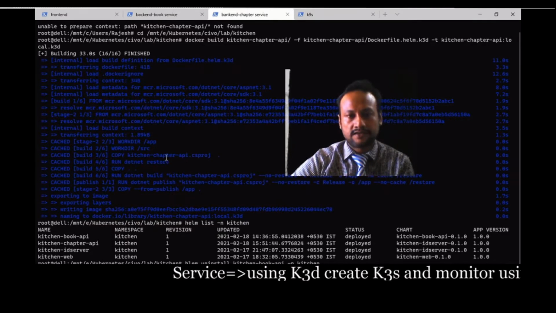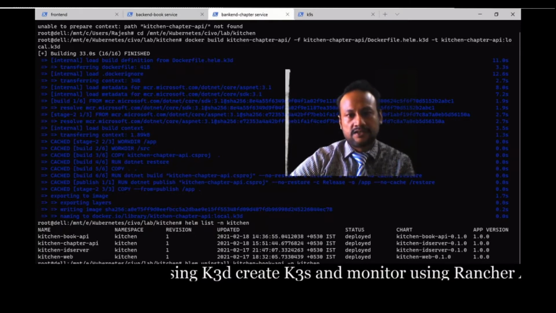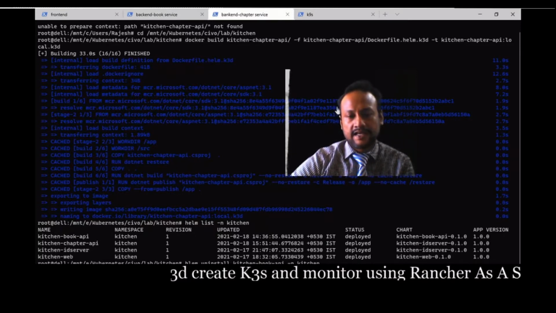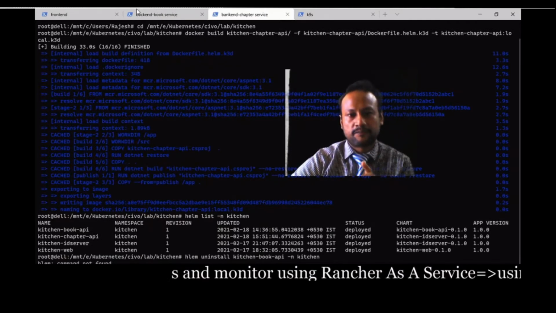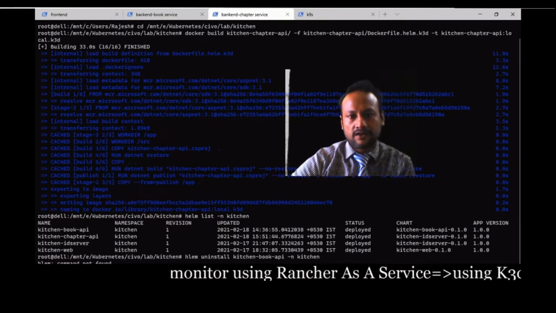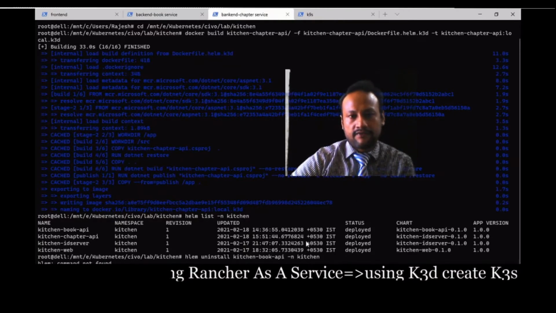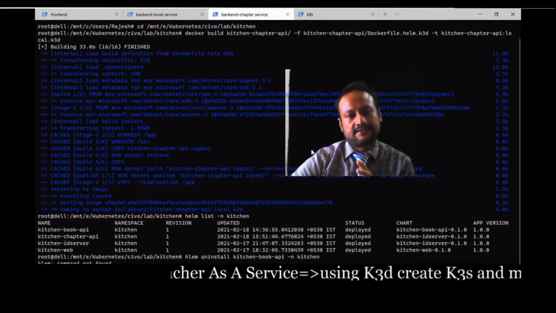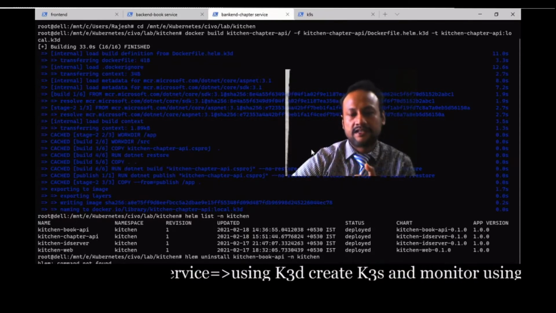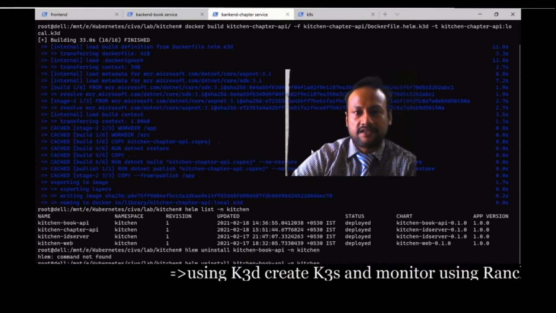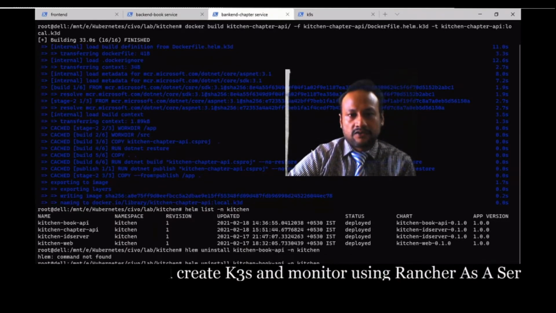So we have the cluster, we have the dockerized image. We will install it using Helm. We have a Helm chart prepared for this. So the Helm uninstall happens. When you uninstall, the pod gets terminated and the related resources like the ingress will get terminated. I think I gave the command wrong.